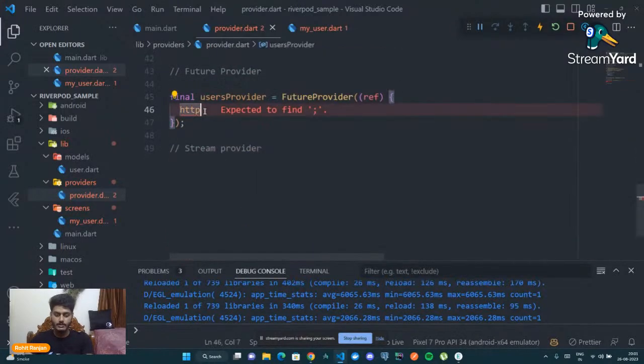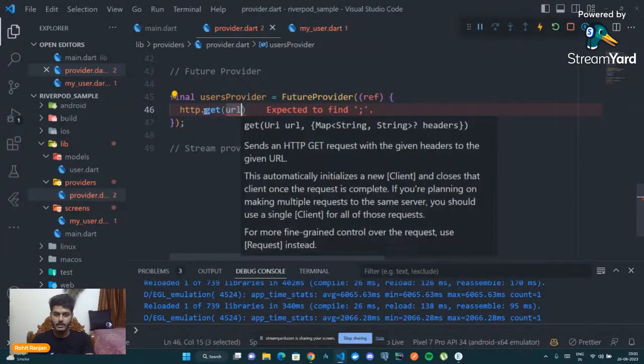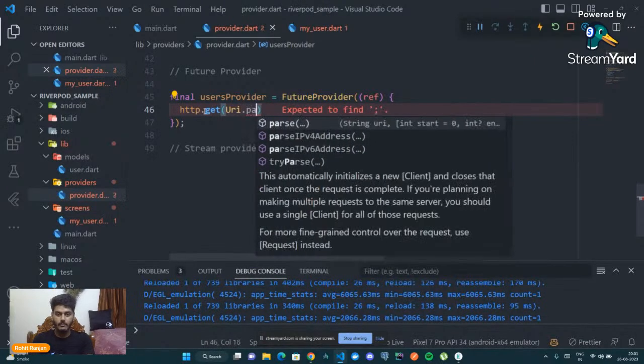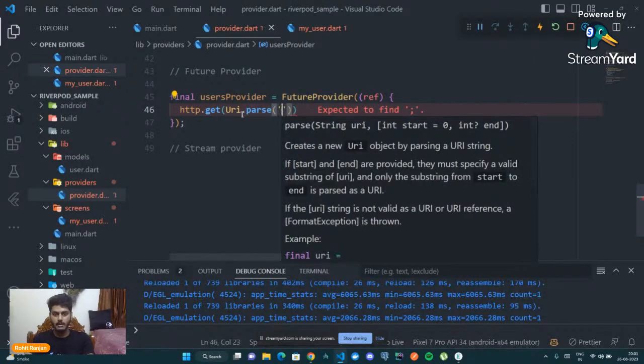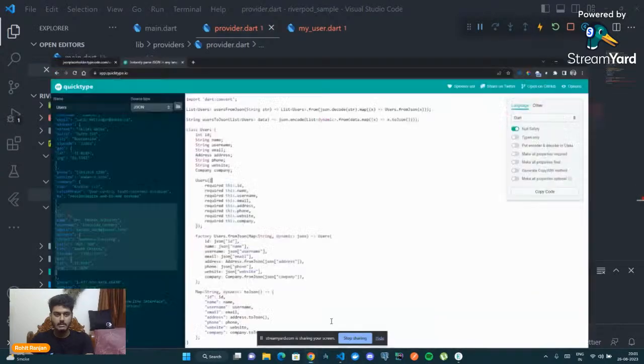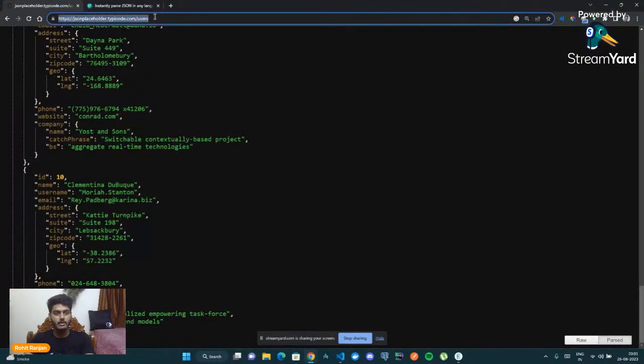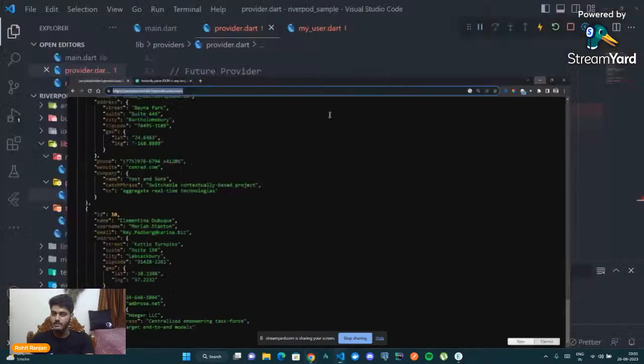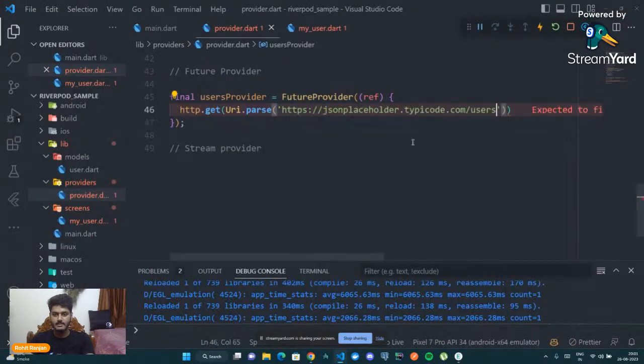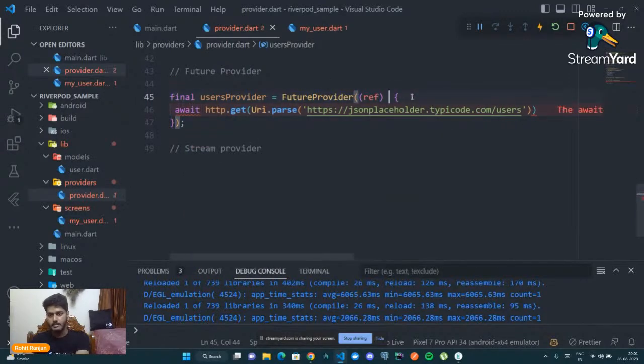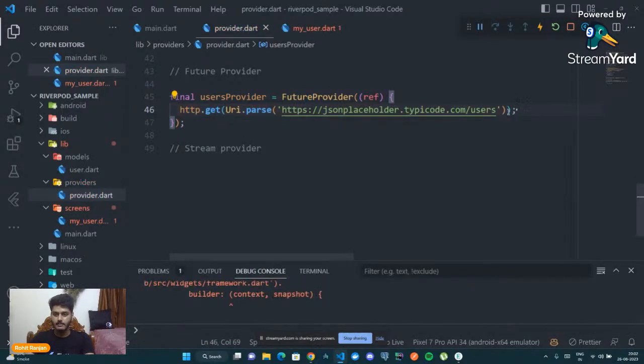And what I can do is simply call http.get and pass in my API endpoint. So this is my API endpoint, which is jsonplaceholder/users. So this is my JSON endpoint. I can use something known as async await to wait for the network call to be completed. But just to keep things simple, and so you don't have to understand what async await is, this get method